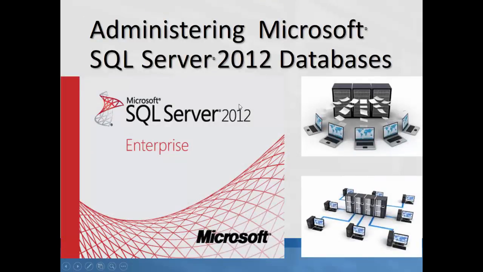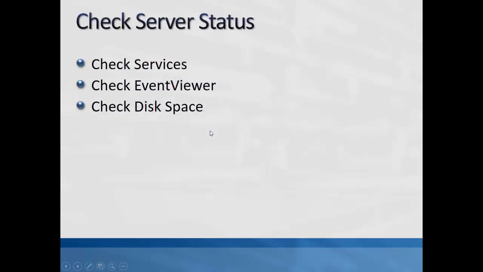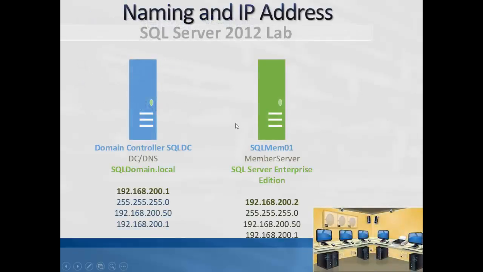So, administering Microsoft SQL Server 2012, back to databases. Always in production environment, we always check critical services for the servers we are responsible for maintaining, and event viewer we check normally, and disk space for our servers. So normally we have scripts for that that just checks, in 50 servers maybe you're responsible for, or more or less, but some of these critical areas have to be checked by system admin daily. Plus there are alerts coming from other software.